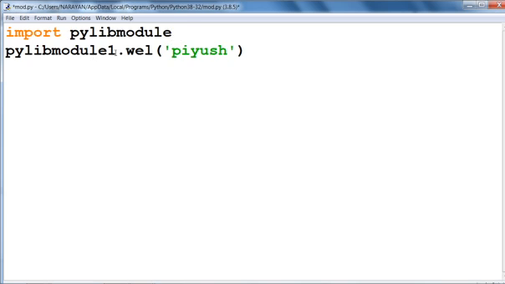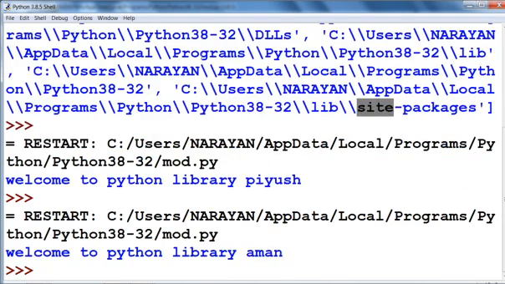Now if we have changed the name of this module and we change the import, you can see that this will work. Welcome to Python library. That is, हम पैकेज भी वहाँ पे रजिस्टर कर सकते हैं और अपने मॉड्यूल को भी वहाँ पे रजिस्टर कर सकते हैं। This is the way to create a library, a user-defined library in Python.